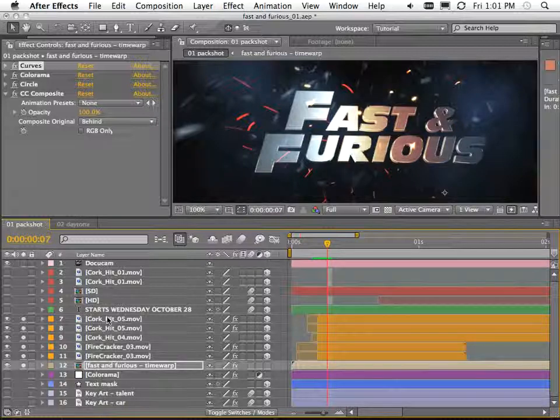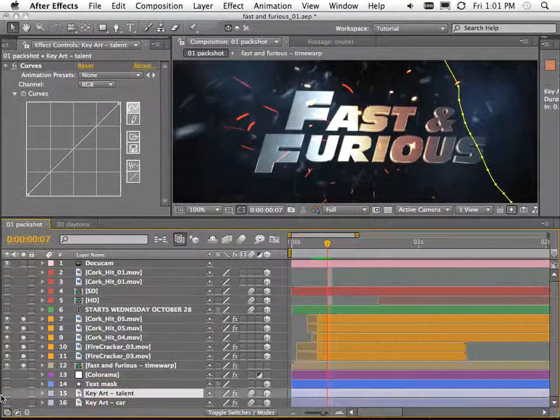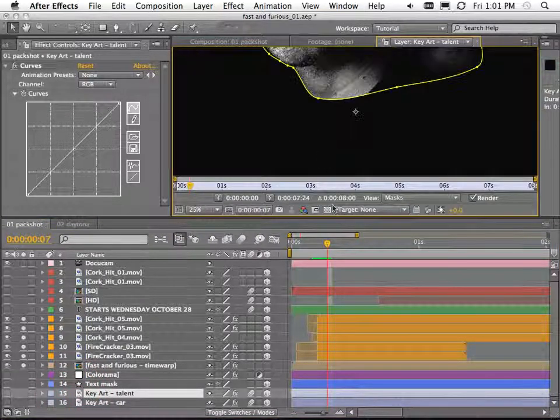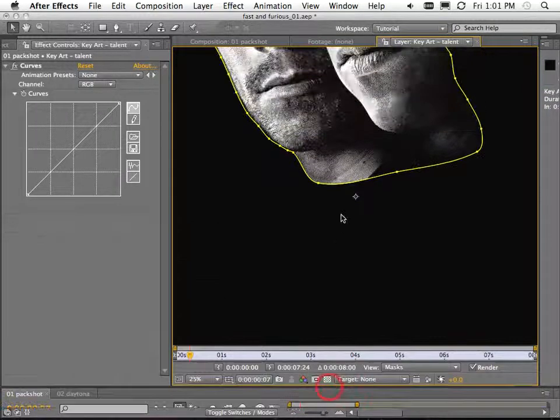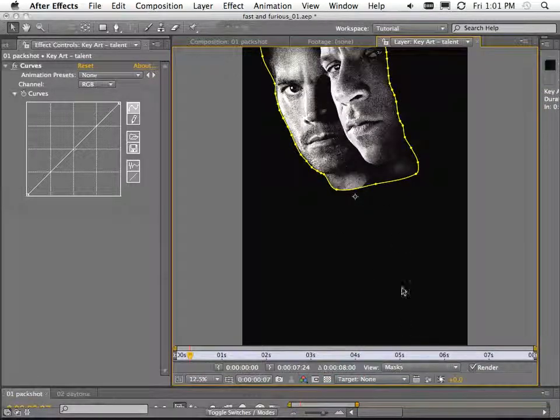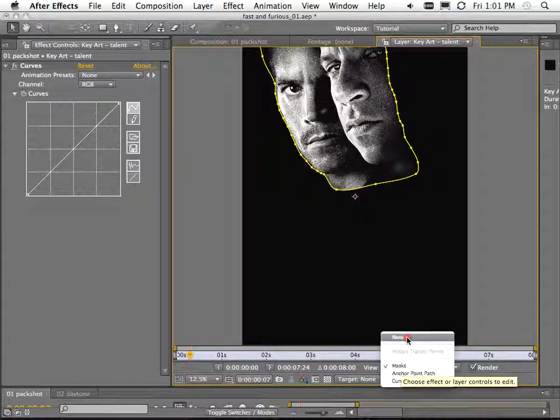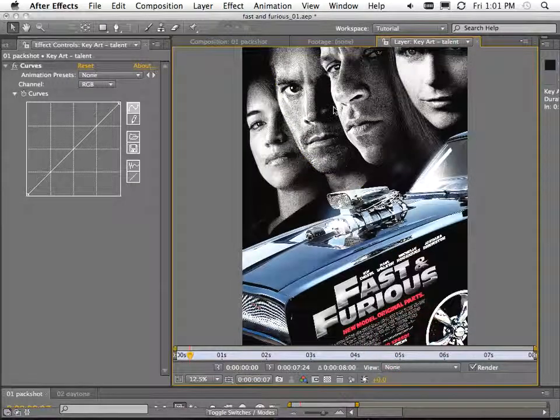That's the stock footage. Next, what I had to do was add some key art. Now, key art is what the client supplies. This is generally just art from the posters from the film. You can see it's pretty huge, and it's also portrait. I've got some masks on here. Let me just turn the masks off by choosing None from the View menu. That's the original poster. It's not very useful for me because it's in portrait,